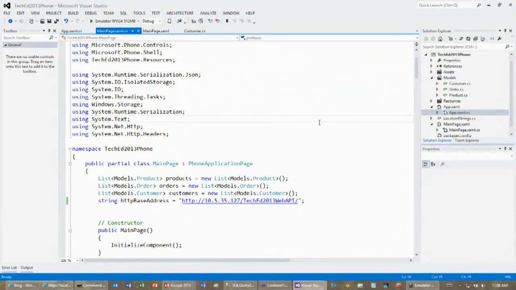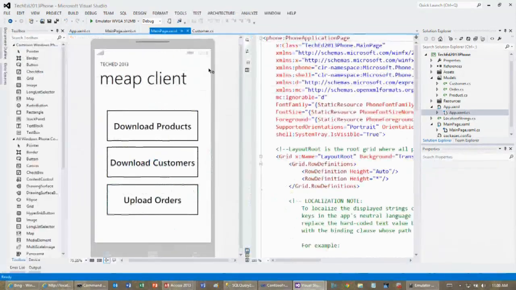All right. So let's take a look at, we'll have another instance of Visual Studio, and we'll look at Windows Phone, which is appropriate since this is a Windows Phone session. So I've got